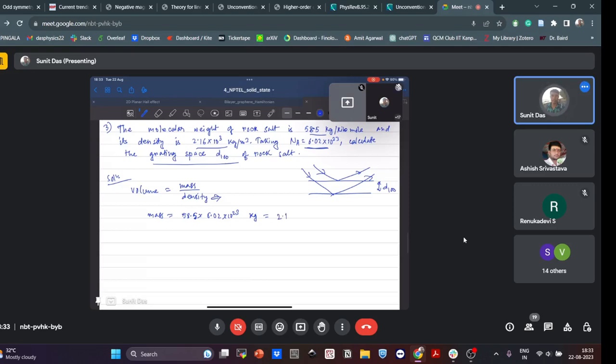This will be around 2.16 into 10 to the power. Just wait a minute. Sorry, this way we cannot directly find the mass, but what we can do is